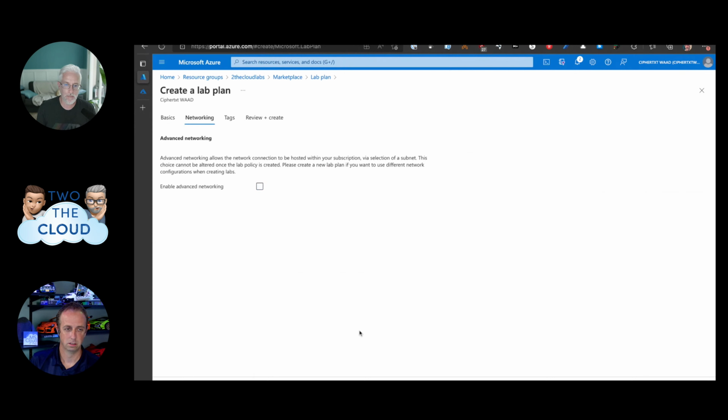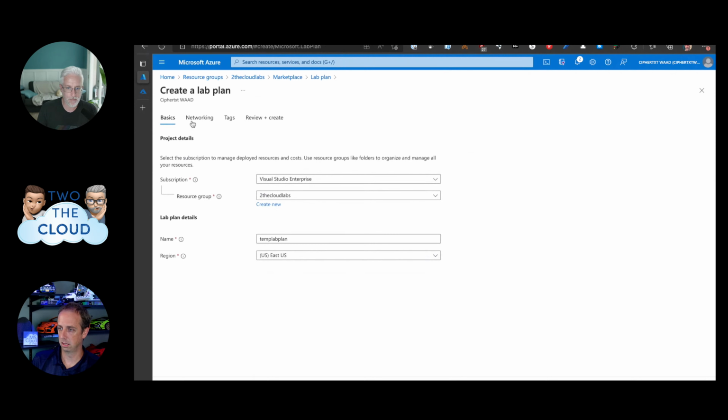That's the VNet and the subnet that your lab machines are going to join when they come up. So maybe you wanted to do a lab around, I don't know, file shares. Or you had a lab with SQL or something like that where you wanted to connect over a private IP and you have all that stuff already up and configured and running in an existing VNet. That's great. You can just bring that over, turn that on, and it's off to the races for you. In my case, I don't have any of that, so I'll just leave it at the basics, and I'm basically going to say, here's my lab plan name, and here's my region.